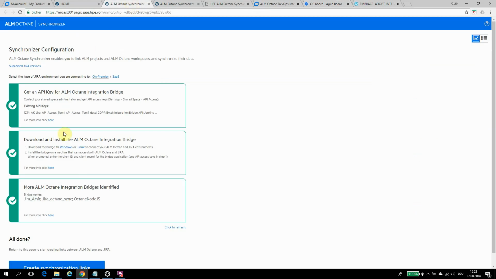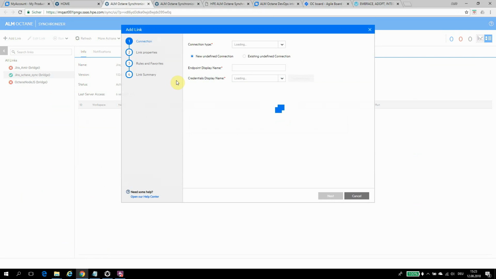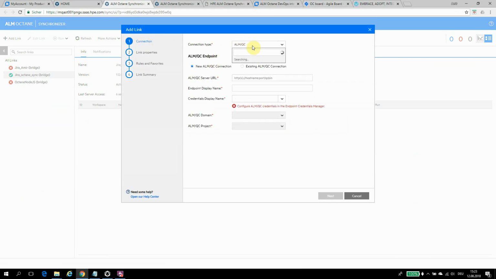So as the first step, I will now start creating the synchronization links. You can see here the connection dialog appears. I can select between ALM and Quality Center or Jira. If you want to integrate your existing quality management stream into Octane by synchronizing requirements and defects, you should select the connection type ALM QC. We are going to look into the Jira synchronization, where I will create a totally new Jira connection